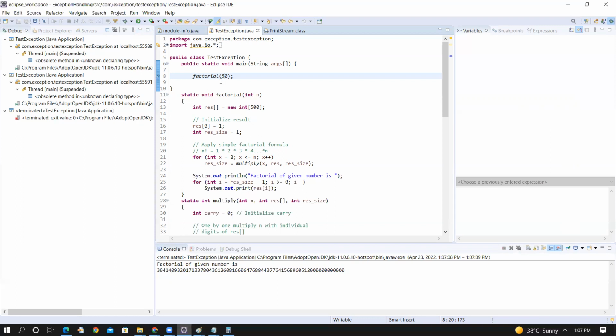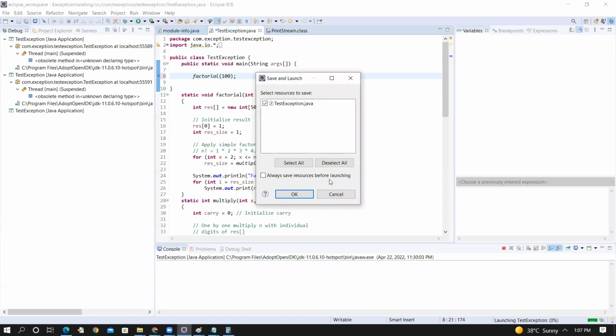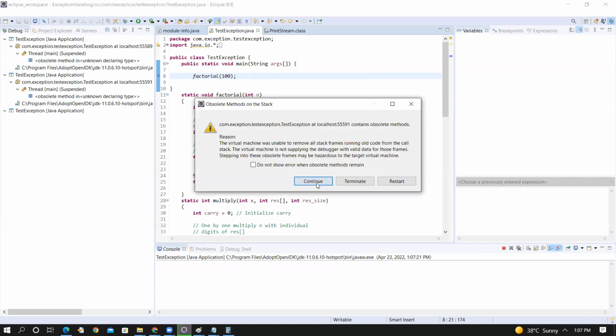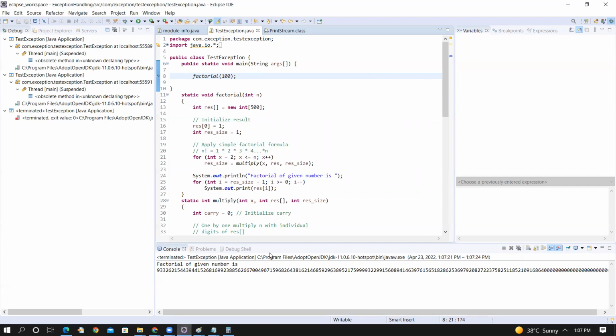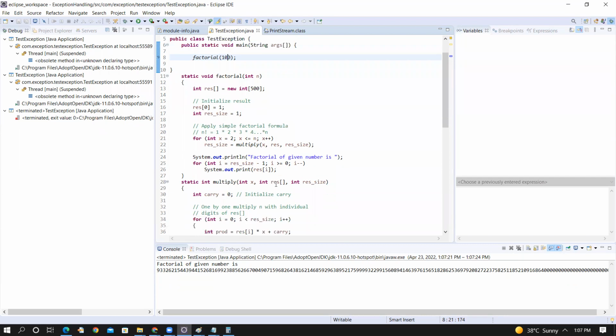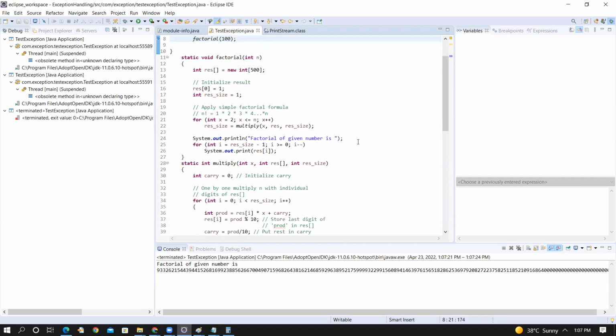I have written this program. I have given 50 as input, and you can see the output is something like this. So we are able to calculate the output. If we just give 100, let's try with 100, and yeah, we are getting some output also. So this is, I think, fine. Let's go into